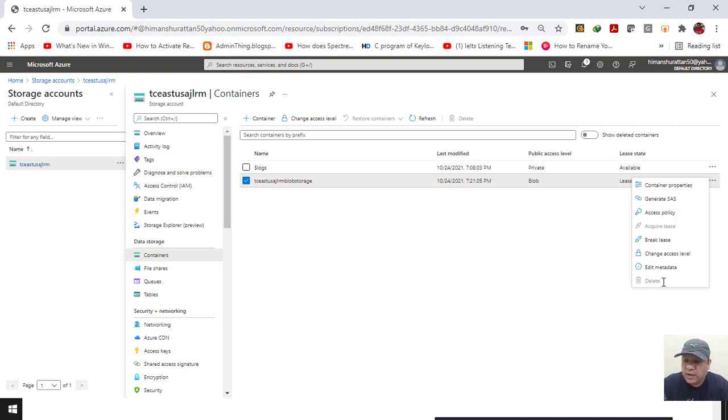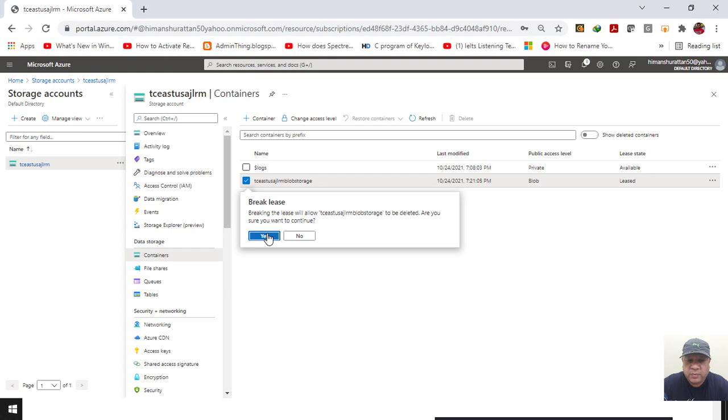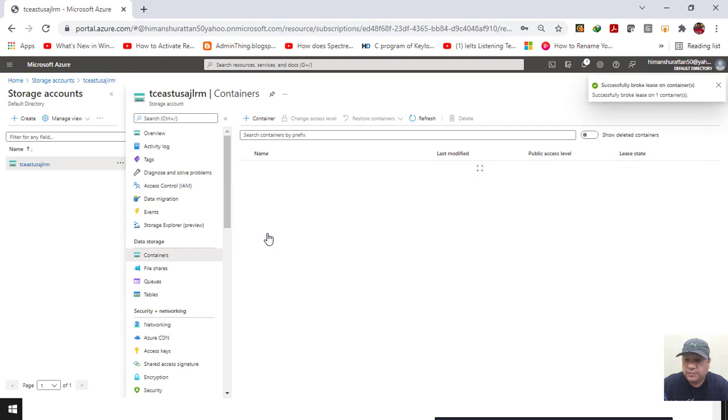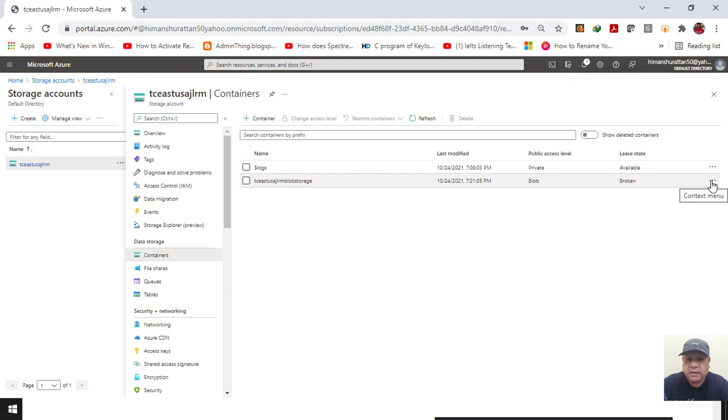And we can break this lease, because when I have acquired the lease, it is for an indefinite period unless I break it. So let me click on break lease, click on yes. So now the lease has been broken, and now anyone can make changes in this blob storage.